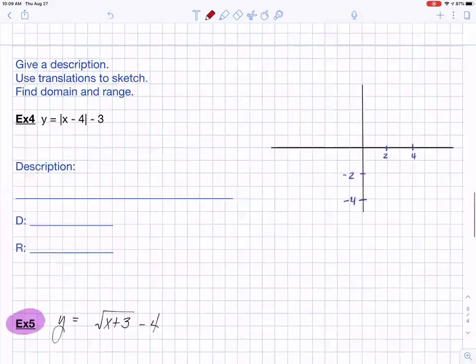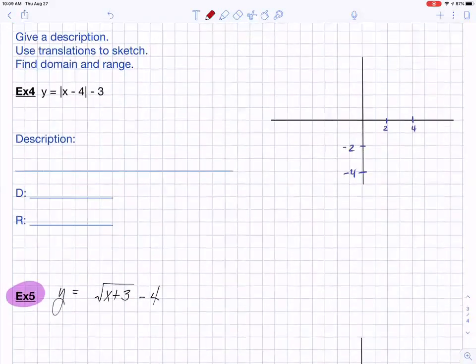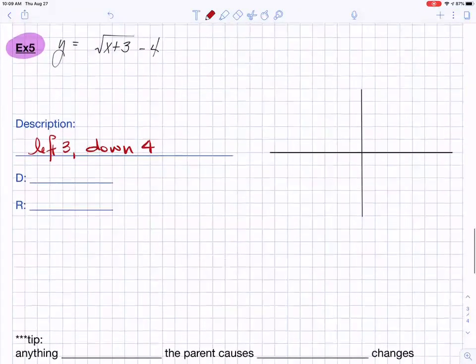Okay. So then number 2, use translations to sketch. In other words, we're not using a calculator anymore. In fact, on questions like this, I will say no calculator. So you're not using a calculator, you're using what we just learned. And so it says, okay, I've got to take my dude left 3, down 4. All right, so